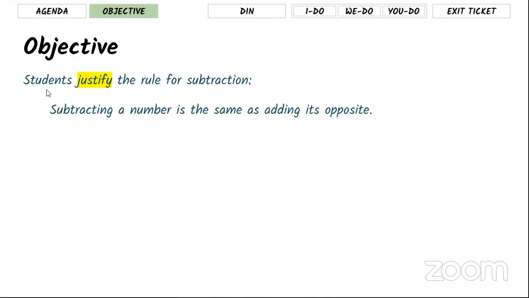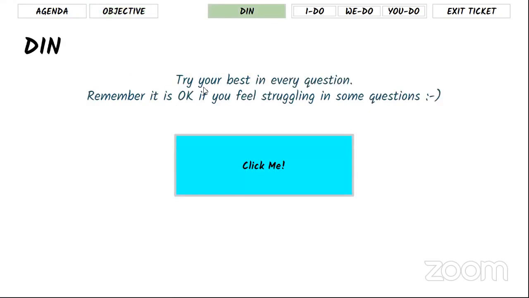So today's objective is students can justify the rule for subtraction. Subtracting a number is the same thing as adding its opposite. This is the statement that you always need to remember when you subtract negative integers. And about the Do Now, if you click present and click this box,